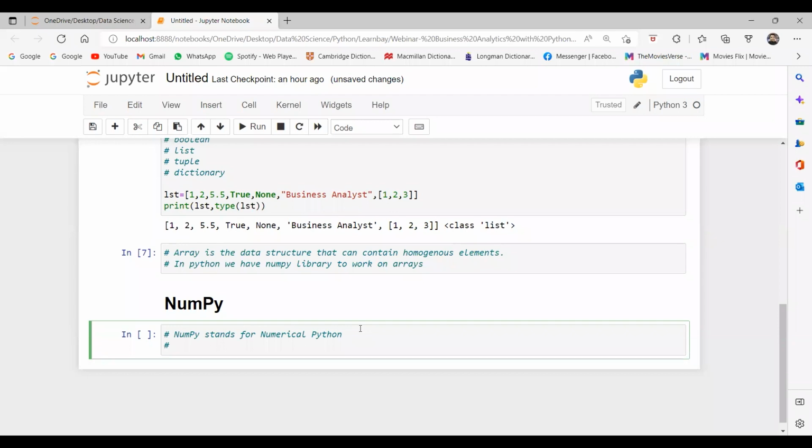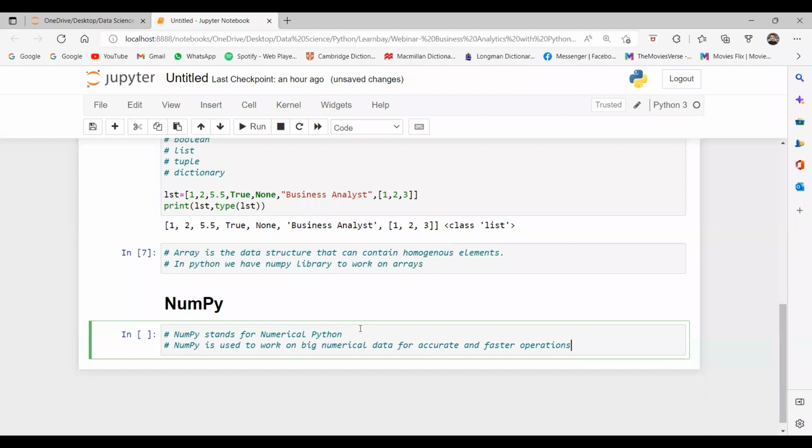So mainly NumPy is used to work on big numerical data, for accurate and faster operations. When you have, for example, billions and trillions of data, your list will be very slow, and you want something faster, then NumPy is the answer. So is it understood, guys? What is NumPy and why do we use it?